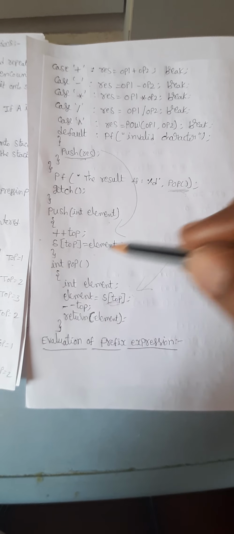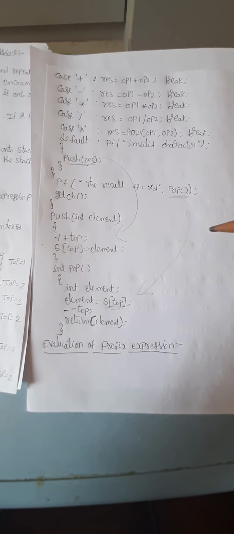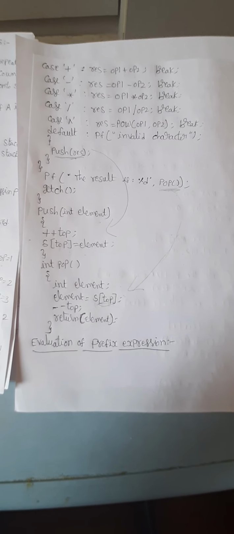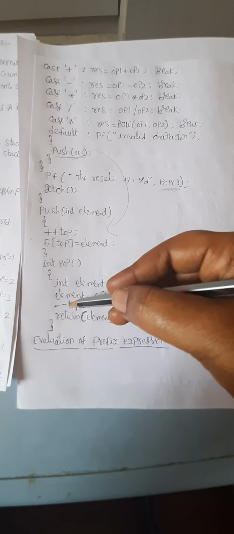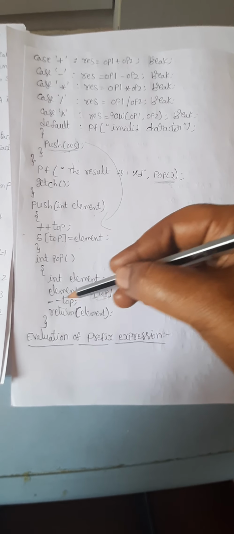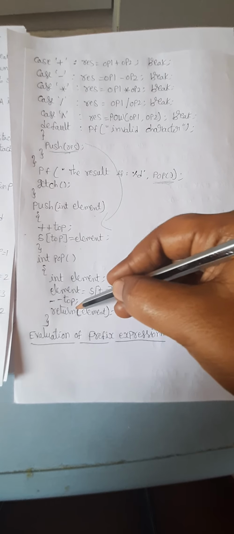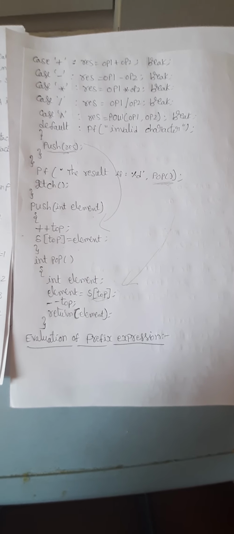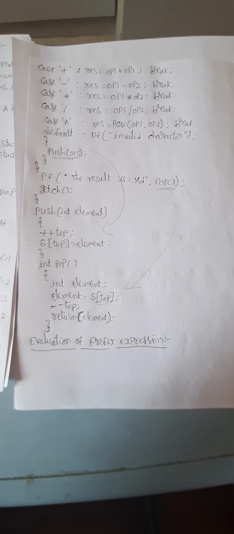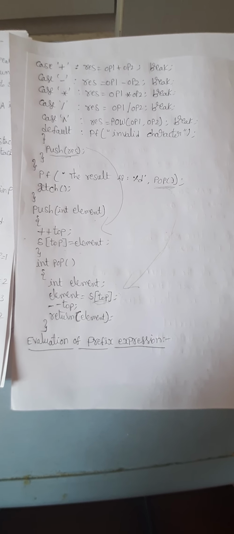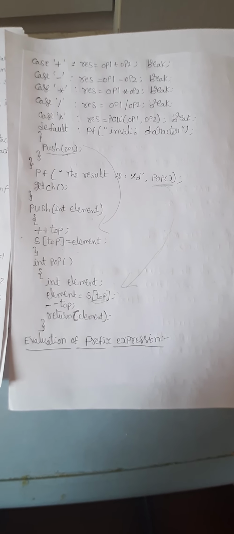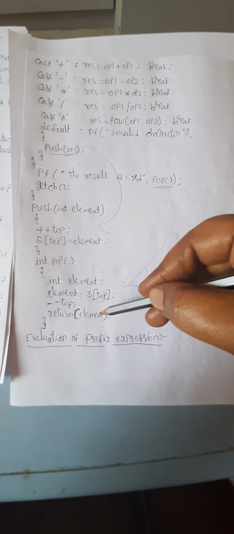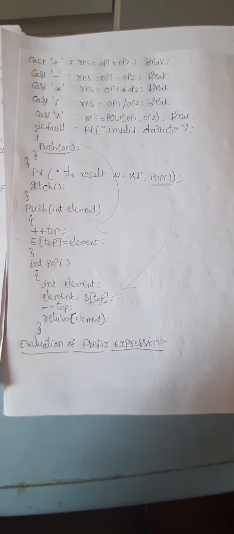In this postfix expression we have seen, if it is 5 plus 3 or 7 into 4, what will happen is 5 and 3 will be removed automatically. Whenever we remove them, the top value will also get decremented and it returns that element. That means after removing 7 and 4, or 5 and 3, 5 plus 3 will become 8, and 8 will be returned in place of that element.